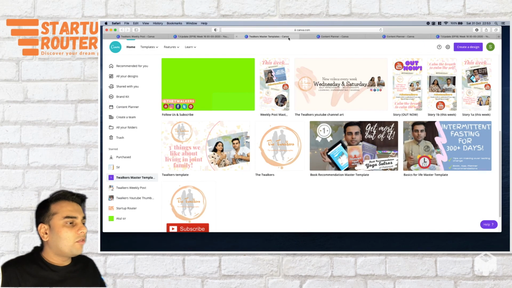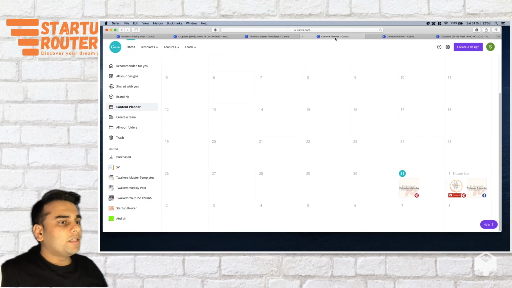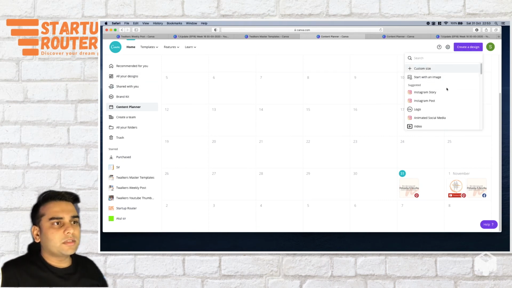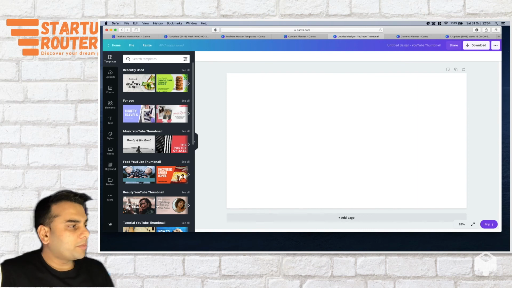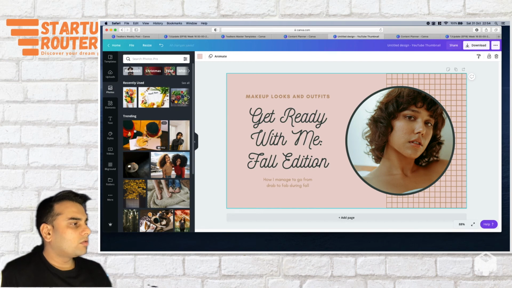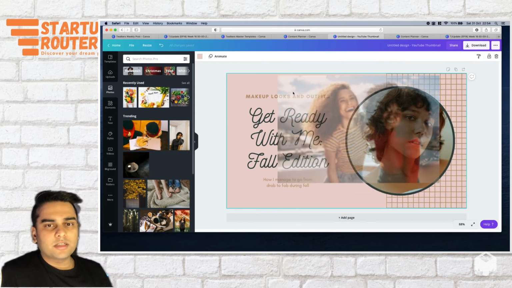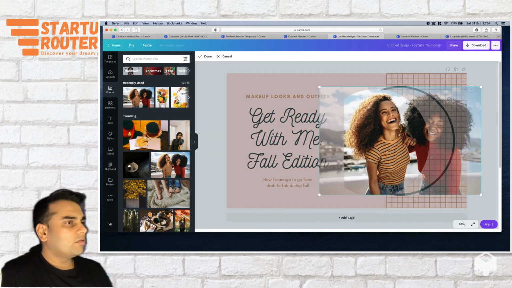So they have got this really cool feature, which I use on a lot of my photos as well, this background remover. So let me create a design, just a custom size. Let's say YouTube thumbnail is fine. You can see if I click YouTube thumbnail, automatically on the left hand side it comes with the options for YouTube thumbnail. So let's say this one. Now if I find a photo of anyone, let's say this is just a generic photo, but what I can do now is